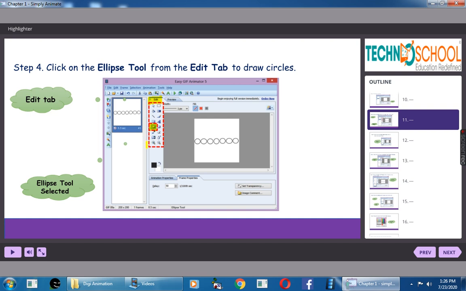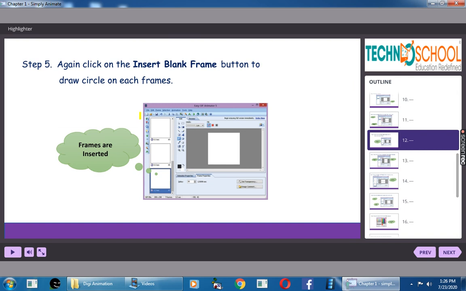Same like MS Paint, you can draw circles by clicking and dragging. You make 7 circles like this in one frame. Now in the next frame I want the same 7 circles.